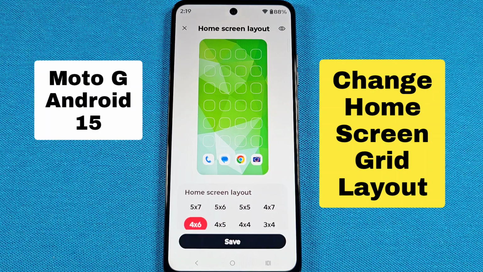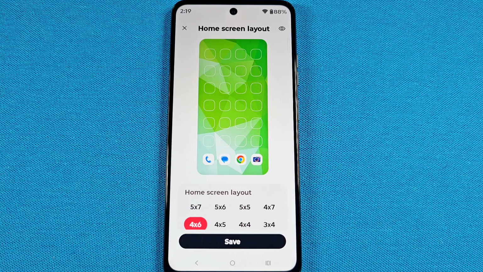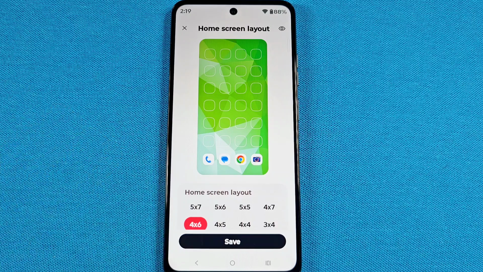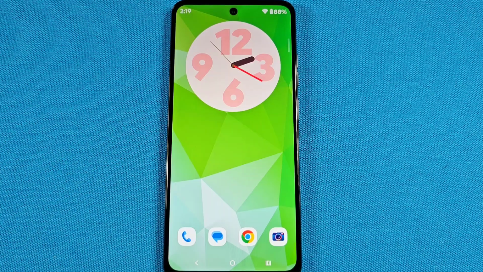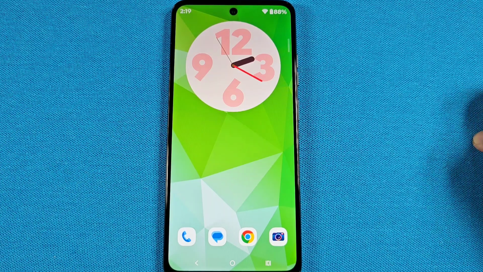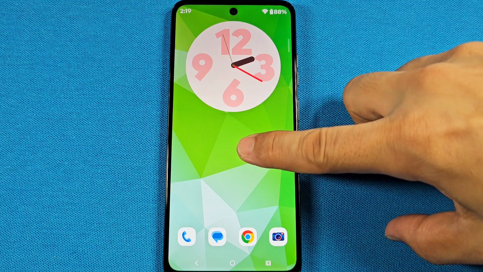How to change the home screen grid layout for apps that appear on your home screen on the Moto G phone with Android 15. This is on the Moto G34. Let's get started. The fastest way to this feature or setting is long pressing a blank area like this here